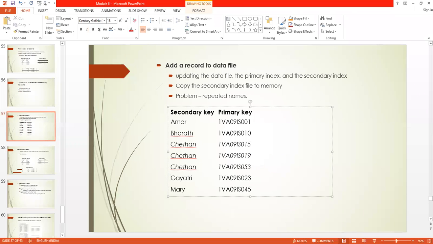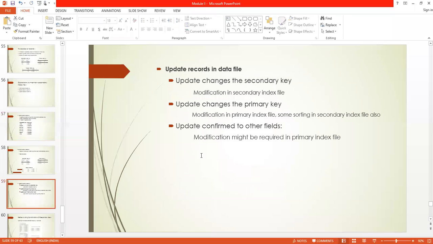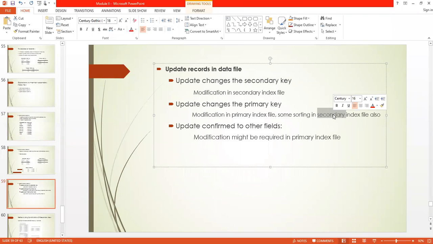You can observe that for the same name Chetan, the USNs must be in sorted order: 15, 19 and 53. So it is changed. There is sorting of the secondary index file also sometimes.